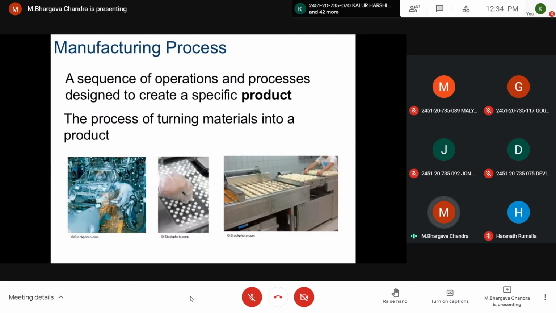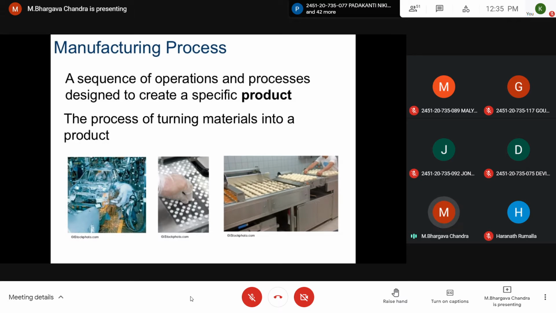Similarly, in car manufacture, the raw material is nothing but the metal, whatever metal you are using. It could be mild steel, aluminium, or multiple metals, sheet metal, etc. Those are raw materials. Straight away you cannot convert them into cars. They may be subjected to various types of operations, forming operations, machining operations, etc. Then they may be subjected to the assembling process. Once assembling is done, you will get a car.